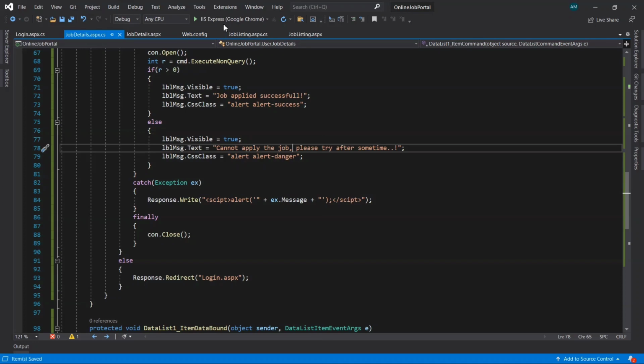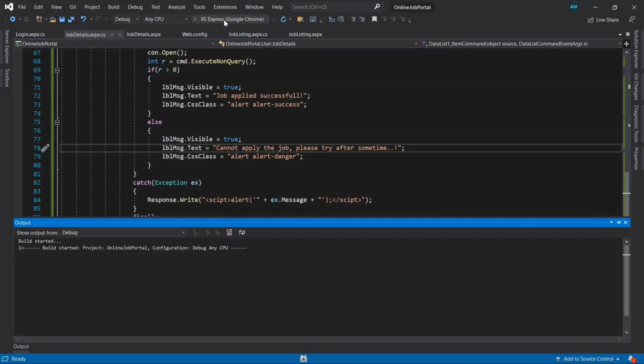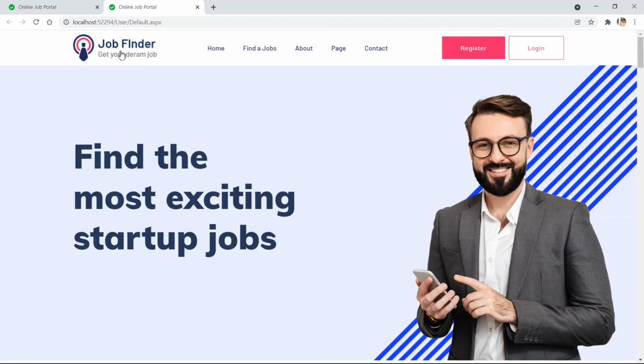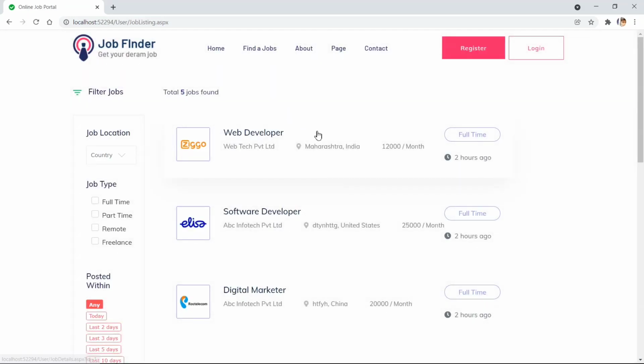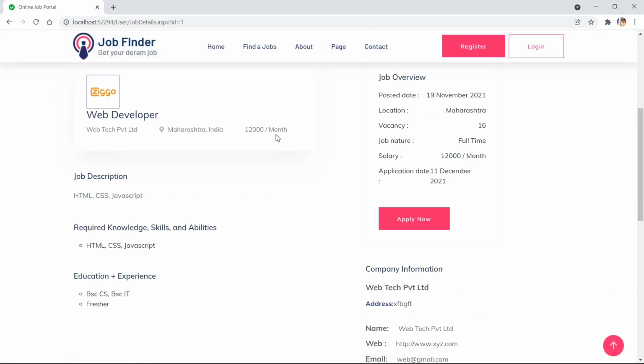So let's run and see. Let's close the first one, find a job. Now let's open this first job, and here we click on apply now.